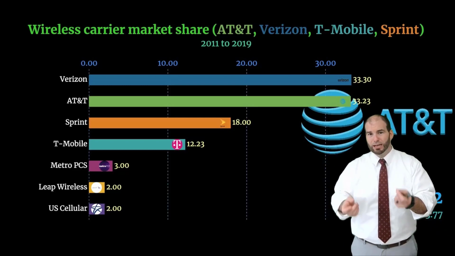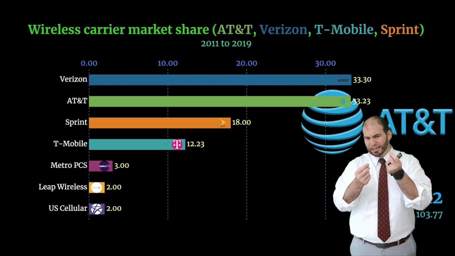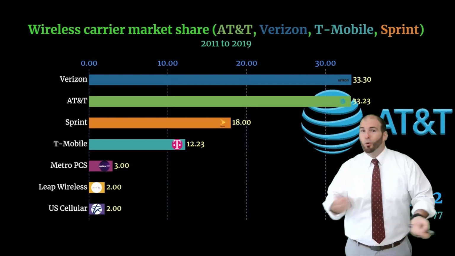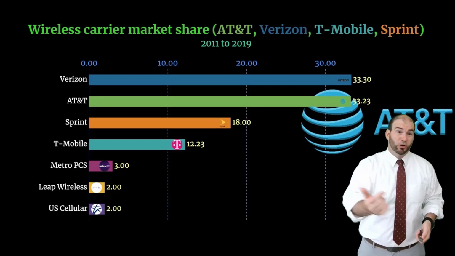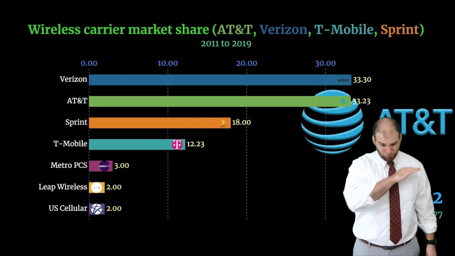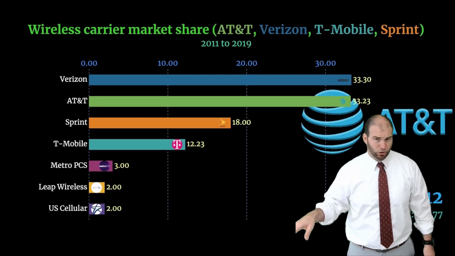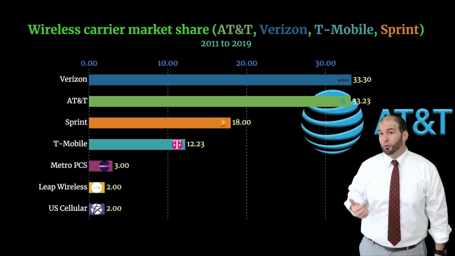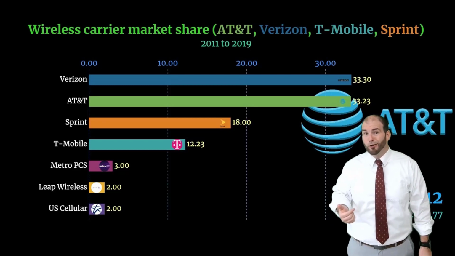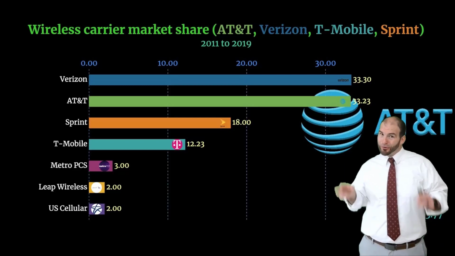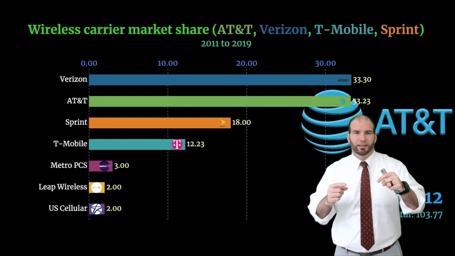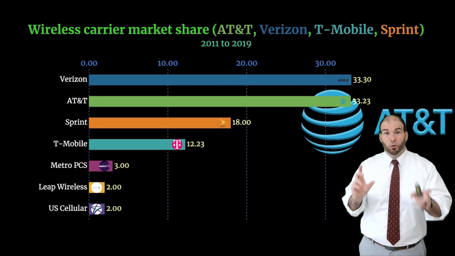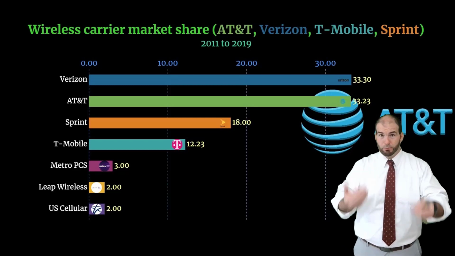As long as Verizon and AT&T were in somewhat of competition with each other as an oligopoly, where else are you going to go? This is why these other companies, when they come out, their rates just seem crazy low. Sometimes their rates are so low, you're like, there must be something wrong with it. It's not. That's what AT&T and Verizon could both charge and still make a profit. But why? When they're like, oh, we're going to compete with each other. But they both understand that if one of them really drops their prices, it's going to hurt the market. So neither one of them is willing to do that because they both make money off of each other.